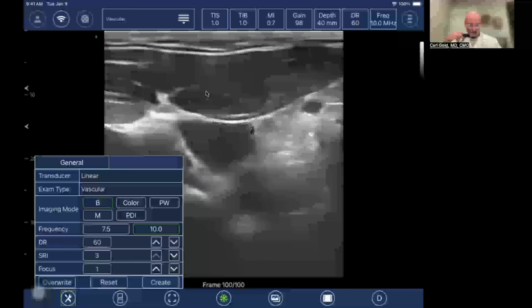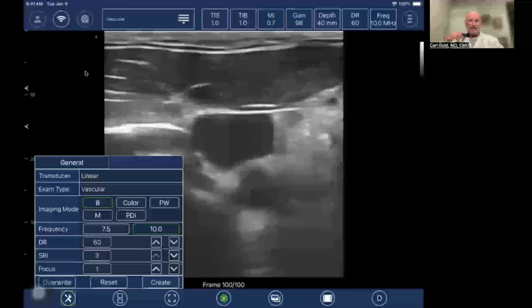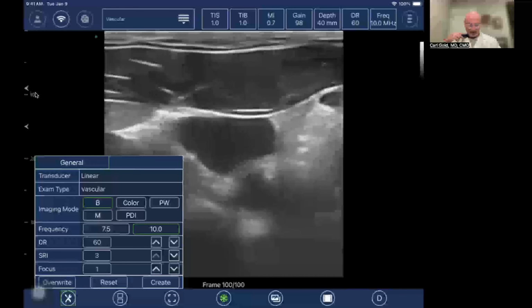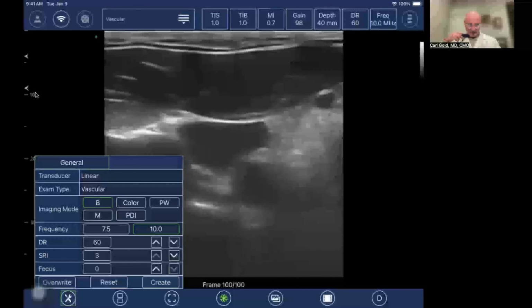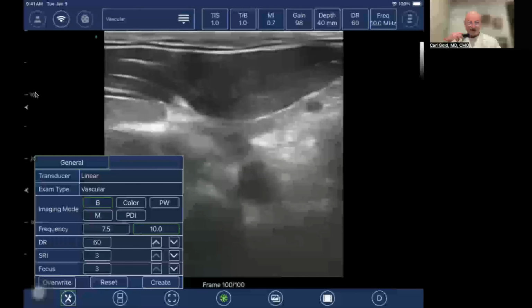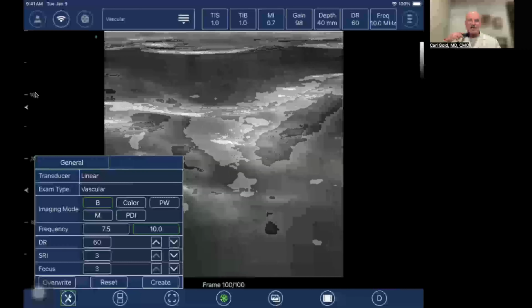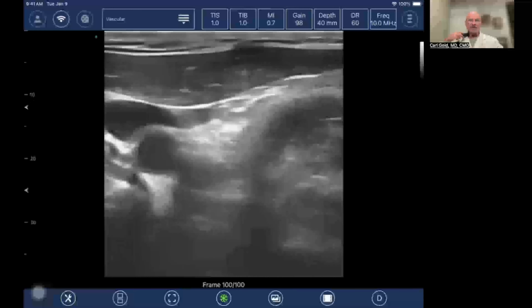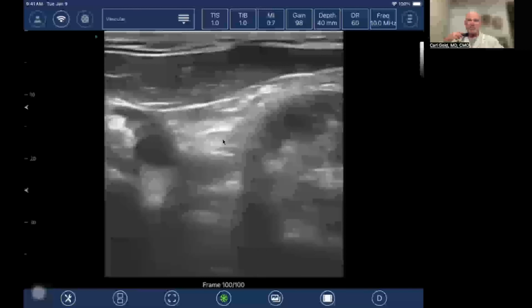The focal zones are located here along the left-hand side of the screen. Right now, they're a little higher on the screen. I'm going to move them down to be parallel with the target. Now that has brightened the image there in the middle of the screen. You can see my carotid artery is essentially parallel to the focal zones and now quite bright in the center